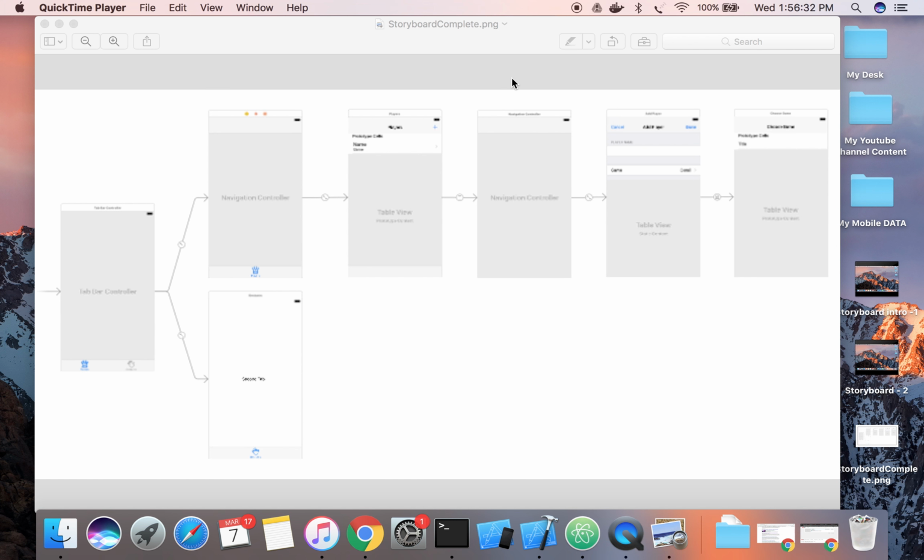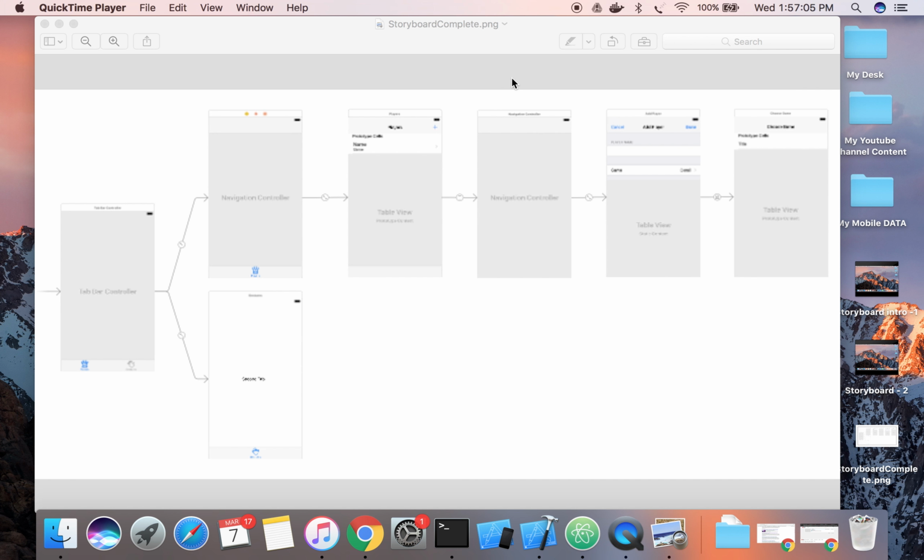This session is on a storyboard, and we will talk about what a storyboard is, what its advantages are, what the ways to use a storyboard are, and how we can use Xcode to build UI by using a storyboard. So Storyboard is an exciting feature that was first introduced in iOS 5, and it was introduced to